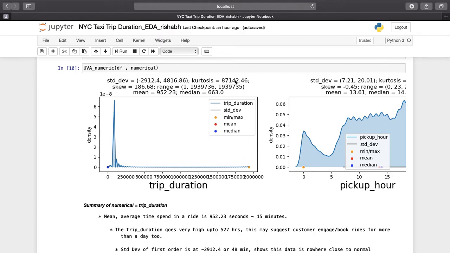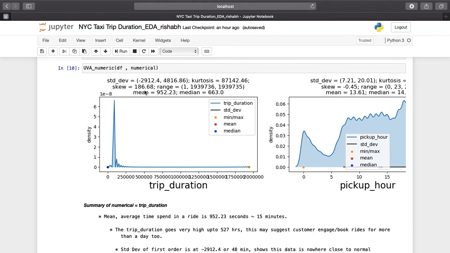Now this kurtosis value is high because there are also people who are using it for the longer trips. The number of people might be less, but that is making my data skew towards right about trip duration. So that's how kurtosis is helpful.